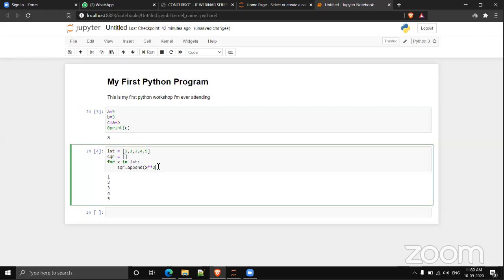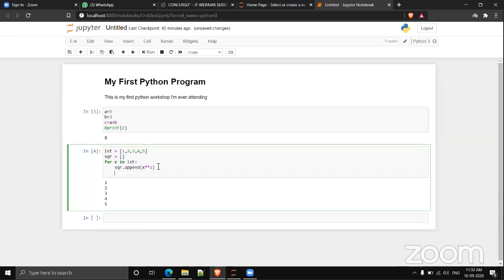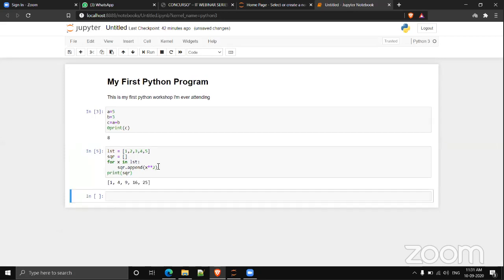And if I'm printing that SQR, you can see the SQR is now a list containing the elements which are the squares of the elements in the list LST. Is that clear for you?